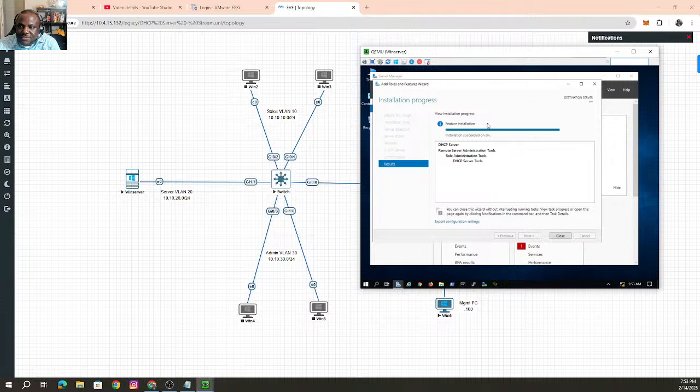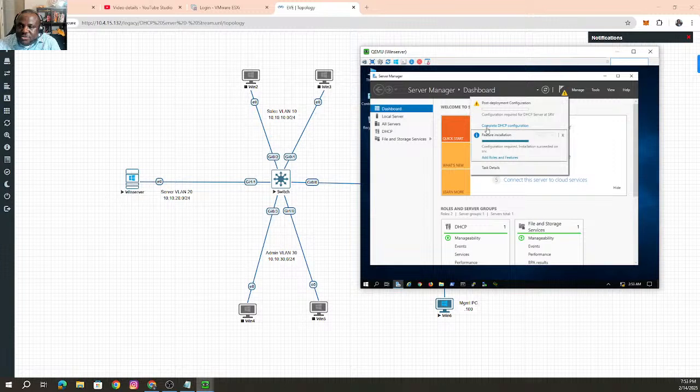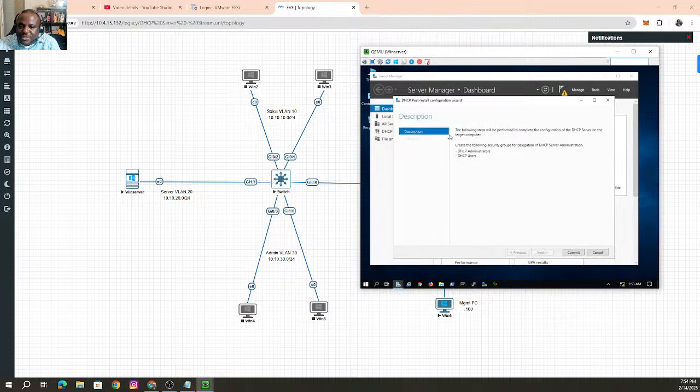We have to wait for it. Okay, yeah, it has finished. You can see configuration required, installation succeeded. So you just need to close. You can see you have an exclamation mark telling you that you need to do the DHCP configuration. So we click on config, you say commit,